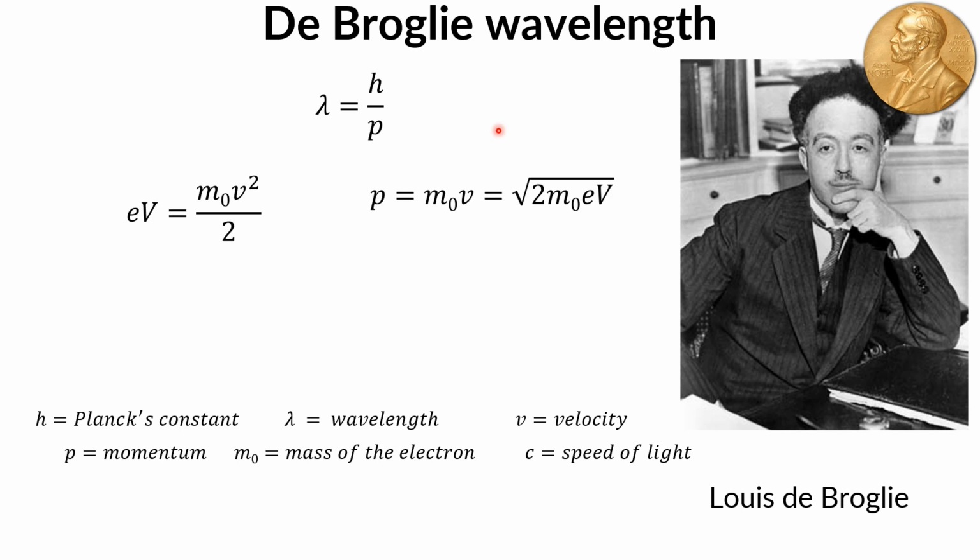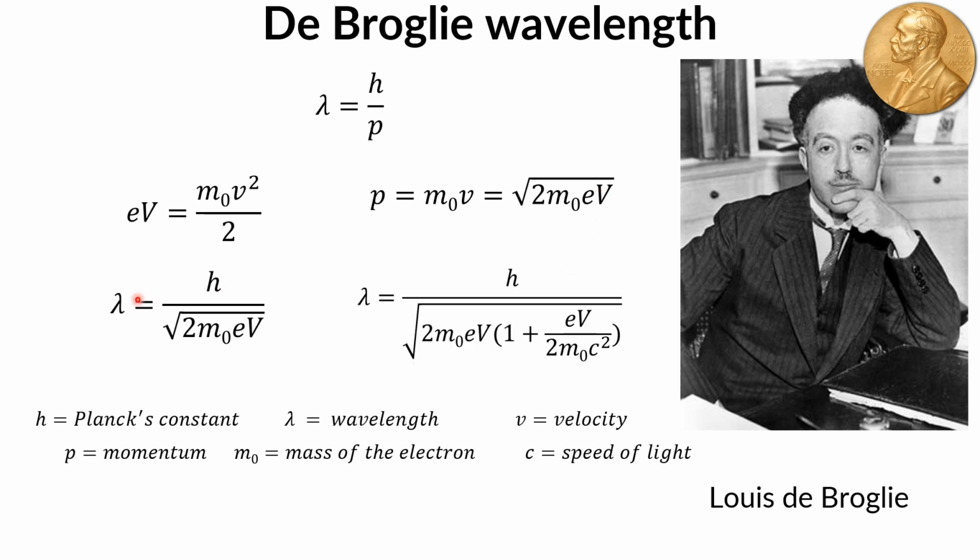Now, in the TEM column, we impart momentum to the electron by accelerating it through a potential drop, where the potential energy is equal to the kinetic energy. And this formula right here is basically a modified version of E equals 1/2 mv squared. Now we can substitute this into the momentum formula to get this here, and then our wavelength becomes basically dependent on the electron energy that we imparted. And for electrons that have energy greater than 100 kilo electron volts, then we have to take into account relativistic effects. Now, I'm not going to do the calculation, but for example, a 100 kilovolt electron has a wavelength of 0.0037 nanometers,